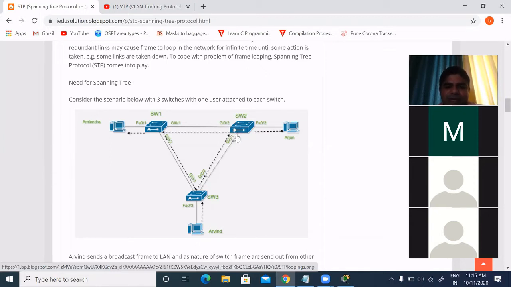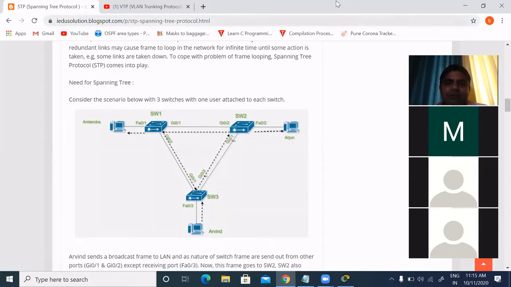Via this GigabitEthernet 0/1, switch 3, which originated that broadcast frame, will again receive that broadcast frame. This switch will think it is a new packet coming from switch 3 with a broadcast message, so it will again forward it to switch 1. This way, looping can happen in layer 2.